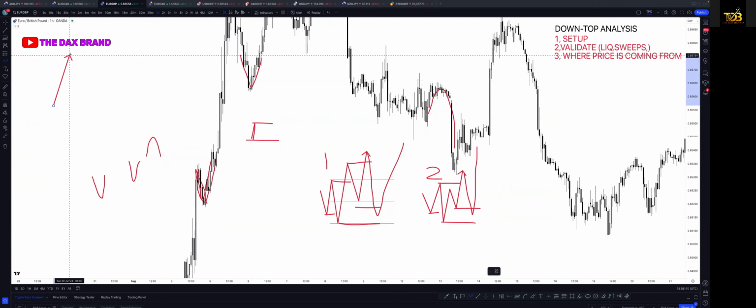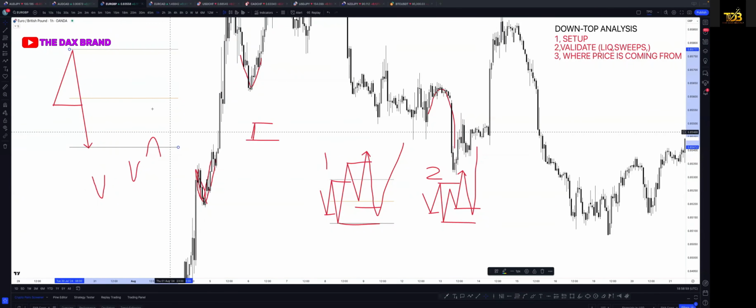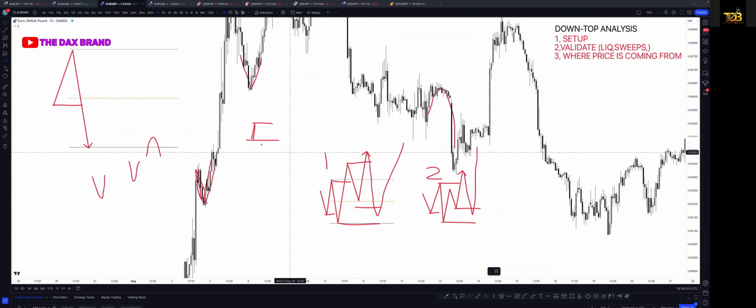Now this is a sell structure, right? This is a sell basic market structure. So if you are looking for sells, we should obviously be looking for sells around this area here. This is the premium and this is the discount zone. But then if we see a sell setup here,